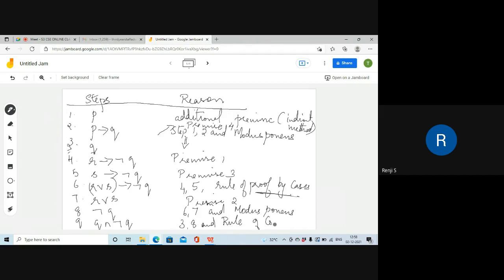Rule of conjunction, again, which we had studied earlier, says that if two variables are there, then we can take the conjunction of these two. So here we have Q, here you have not Q. When we take Q and not Q, this is the ninth step. The 10th step, you will go to Q and not Q. Q and not Q is F. So in the 10th step, you will get false. Your 10th step is F.